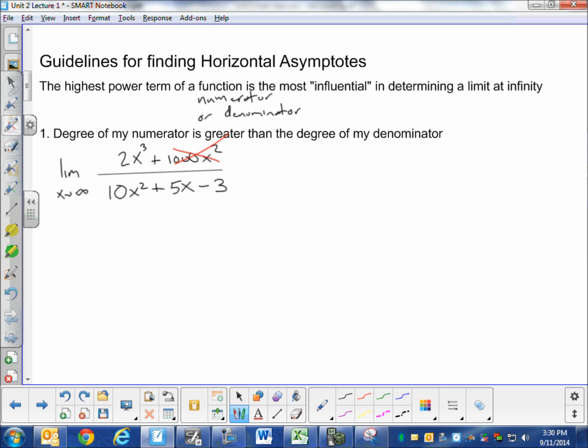No, I understand that, but the 1,000x squared can be more influential at the beginning, depending on the number. The 1,000x squared is definitely influential. This is a good point. But it is influential when we're talking about small values. When we're talking about infinity, it becomes